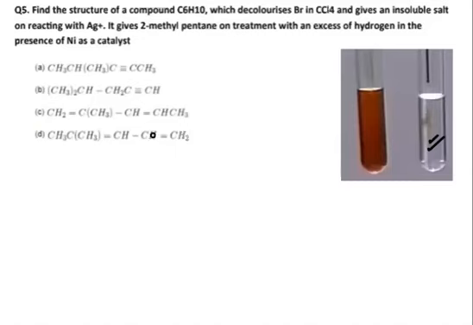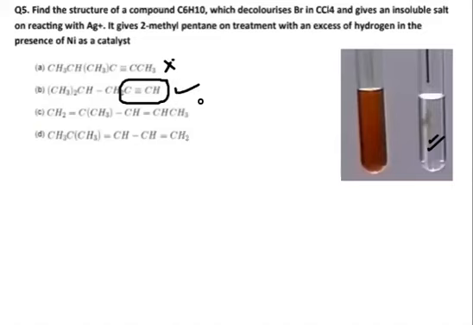So if you're analyzing the options given here, option A has an alkyne, a triple bond, but that is not a terminal alkyne. So this is not the option. Here there is a terminal alkyne and the hydrogen on it is going to be replaced. So this is a preferable option, which can be a correct one.